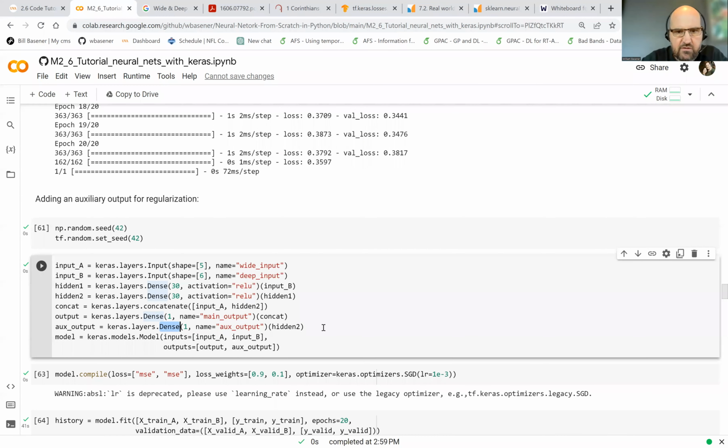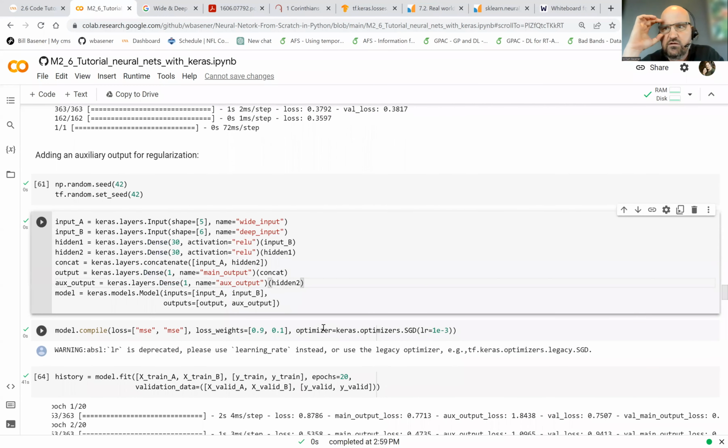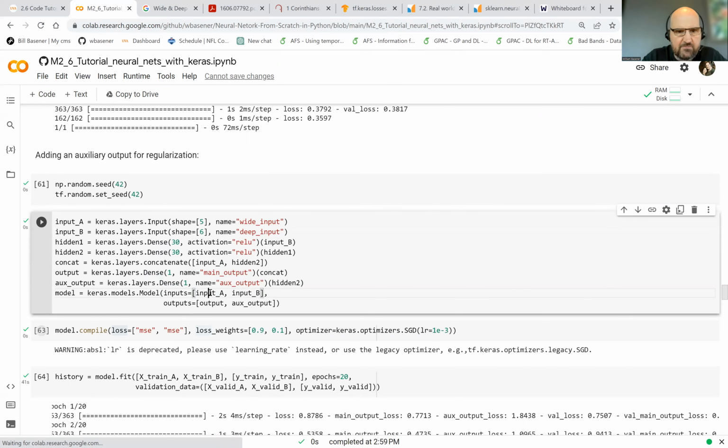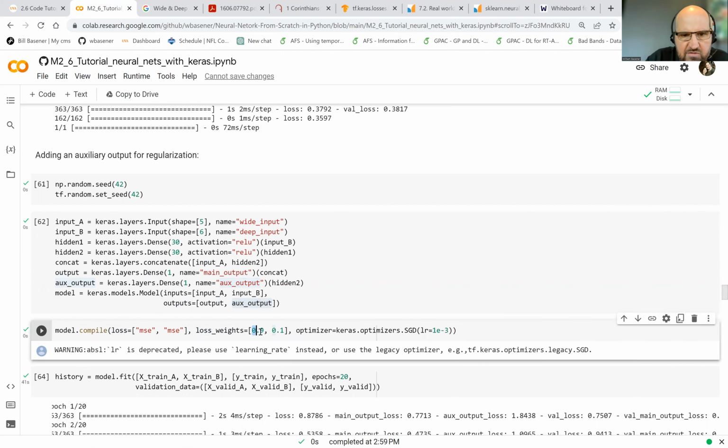So we're going to try to train that neural network to approximate the price by itself, and then we're going to concatenate the two together. And then we're going to have two different losses because we have two outputs, the main output and then the auxiliary output. And so we have loss weights on those, and 90% of our loss weight is going to be on our main output,